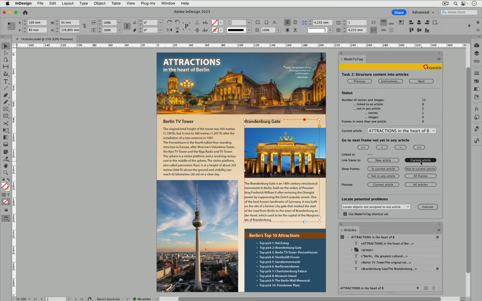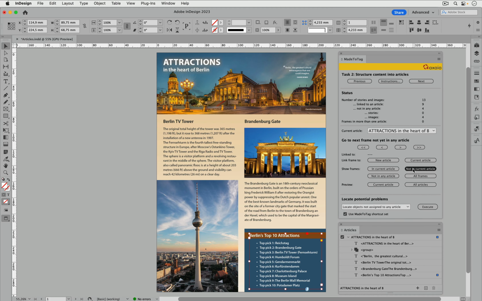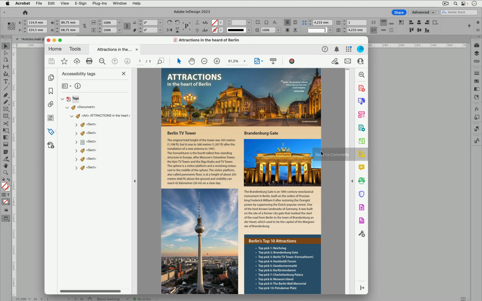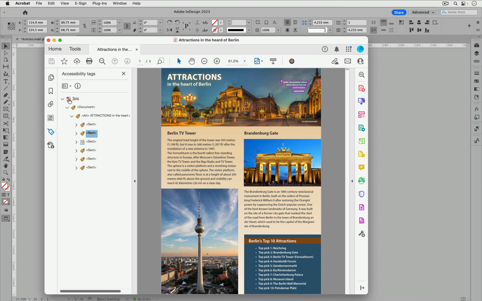If these two frames are also assigned, the task is done. All content-relevant frames are assigned. The result in the PDF looks like this in Acrobat. In Accessibility Tags, I can look at the tag tree and see that all elements are ordered correctly.